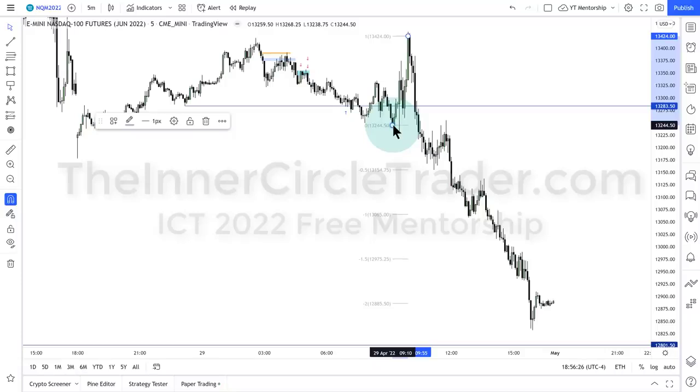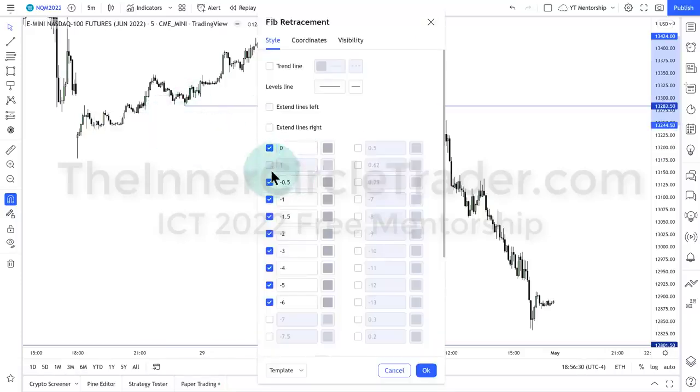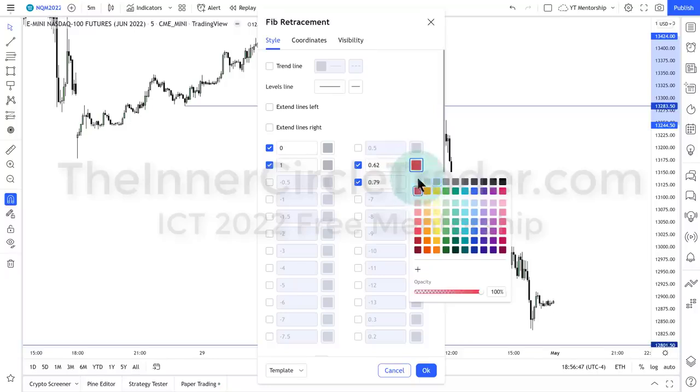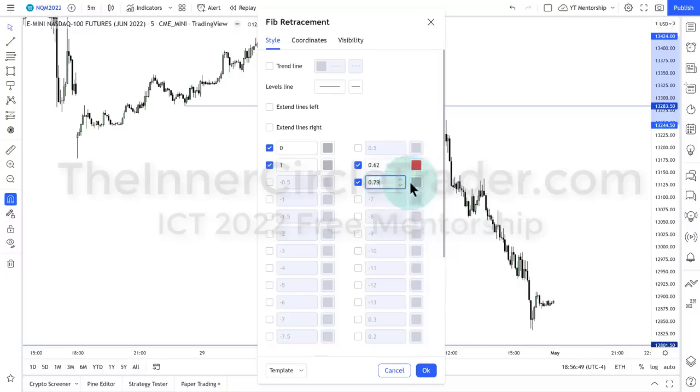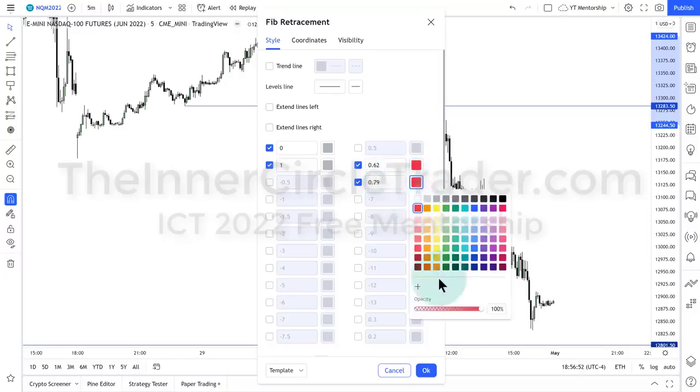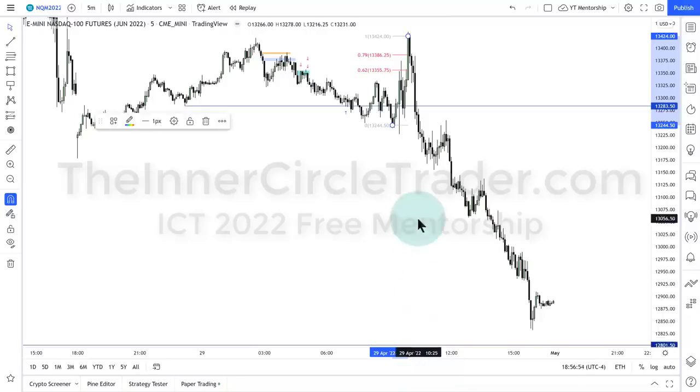If you want to show the optimal trade entry levels and you're pulling the fib up, I'm just taking this off so that way your attention is right on the levels that make up optimal trade entry. The 62 and the 79. Okay, and you can change these, make them a different color to stand out. I don't like to do that, but you can see it here. So if we were looking at it like this,